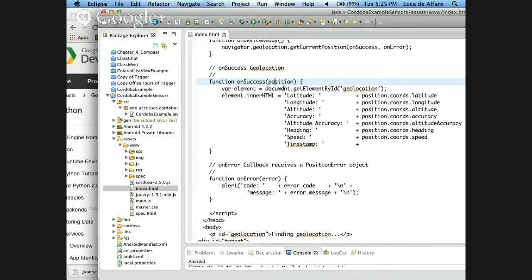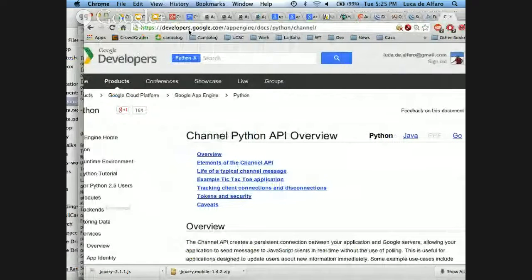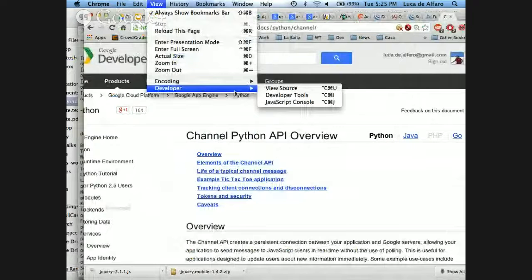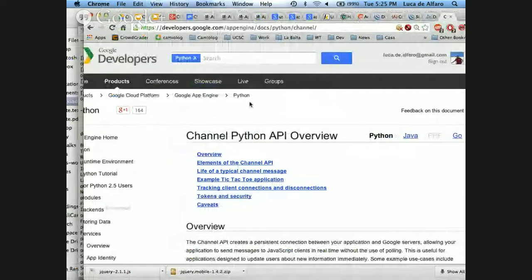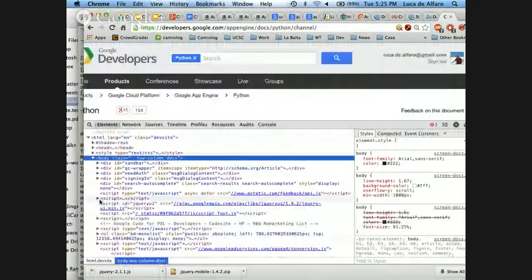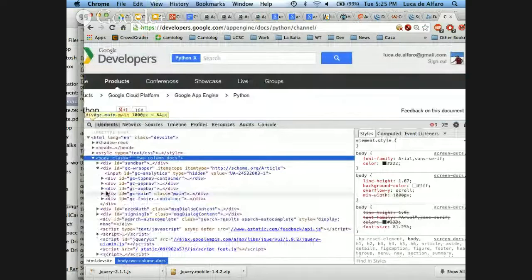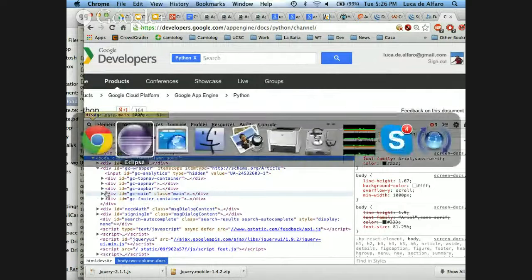Actually, it's pointless to talk. I can show. You take any page like this one, and if you do view developer tools, this gives you essentially a view of what the parse tree is. There is the root of the document, and then there are all the children of the various nodes, and you can expand any child to see what are the children of that child, etc. So you can examine the parse tree of a document in this way via the browser. Chrome lets you do it, and Mozilla also does. There is Firebug for Mozilla.